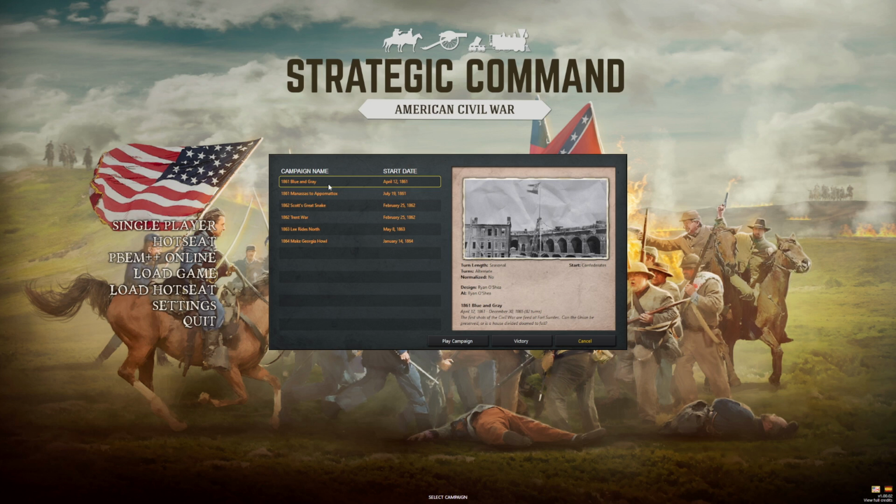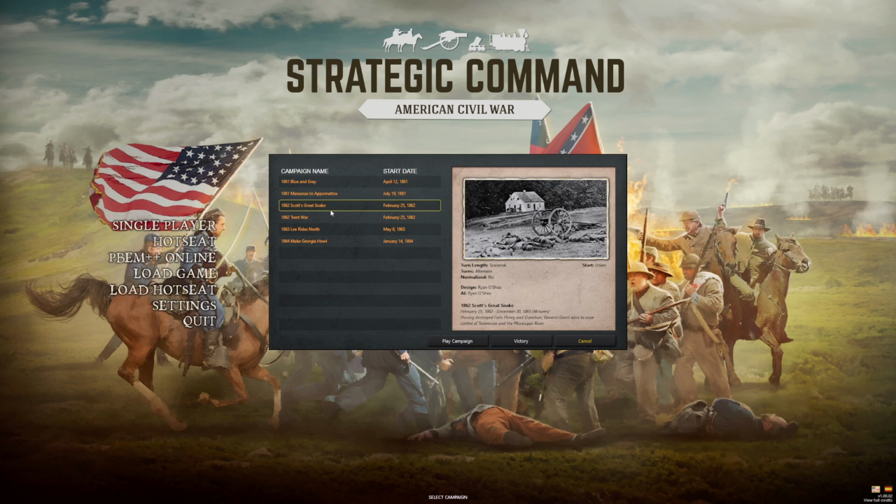It has the Blue and the Gray, which is sort of the grand campaign starting in 1861, April of 1861, and concluding at the end of 1865. It is the Manassas to Appomattox campaign, which starts in the summer of 61 with the initial Union attack toward Richmond. It has the 1862 scenario, which starts in the winter of 62 with, not the beginning, but I guess sort of the beginning of the effectiveness of the Allied blockade